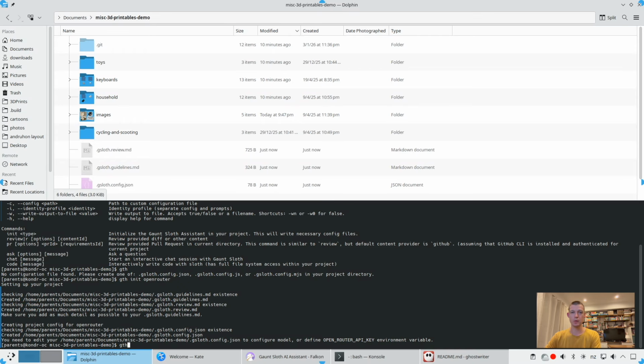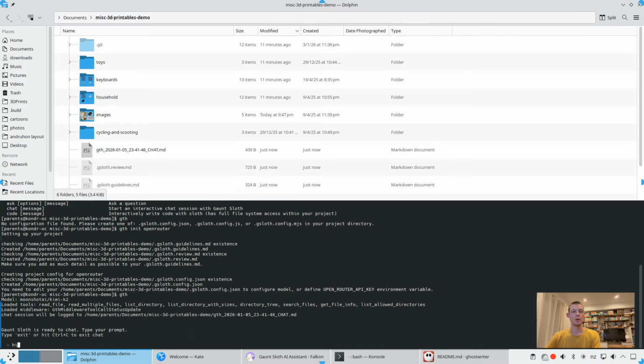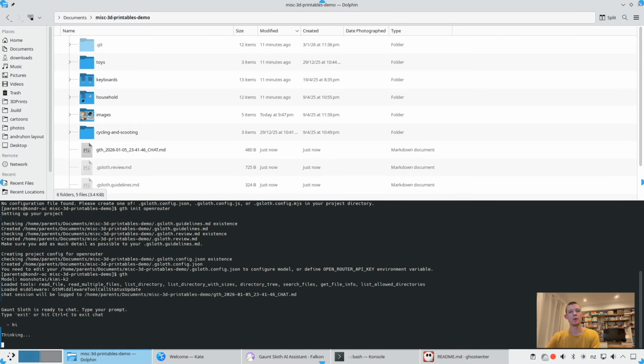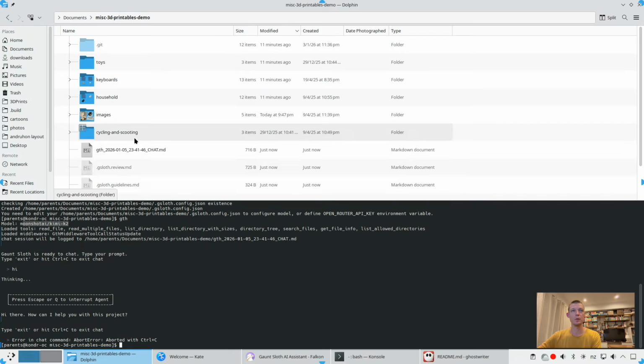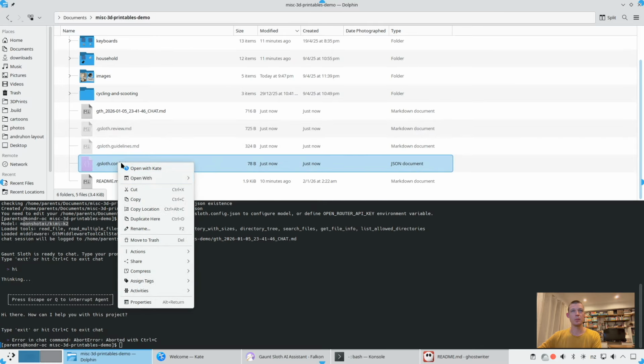Let's check that it works. Hi. Cool, it works. As you can see, Gaunt Sloth is configured with Kimi K2 by default, but let's try to